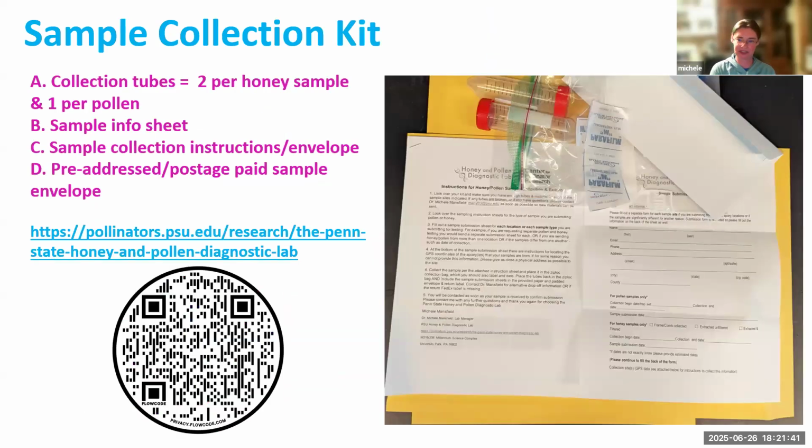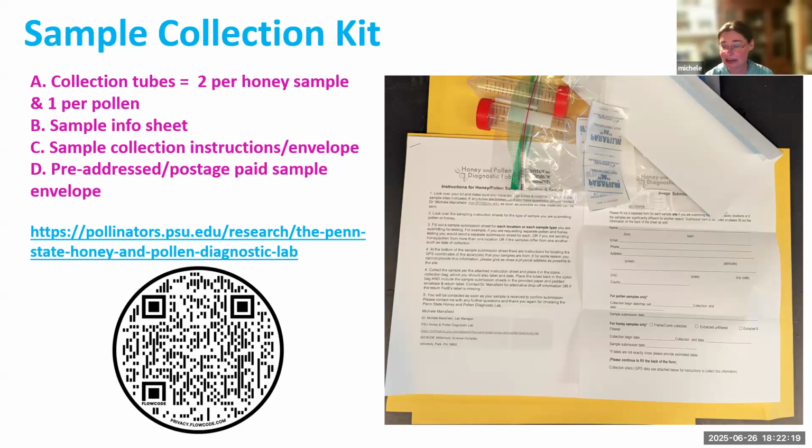Okay, all right. So I don't know how many of you have received a sample collection kit. Hopefully they look much better than the one in my picture. This was literally a last minute thing, and I can get some better photos and update my talk at some point. For sample collection, the kit consists of everything that you're going to need. If you're collecting honey, I ask for two full tubes per sample, and one tube if it's pollen. It doesn't necessarily have to be full if it's pollen, but usually I ask people to give me up to the first tick mark, which is roughly 5 grams.